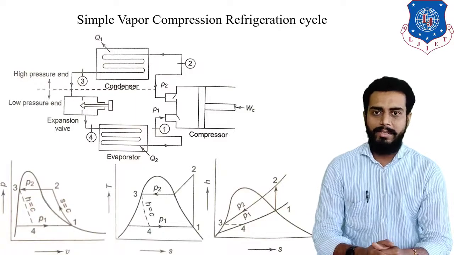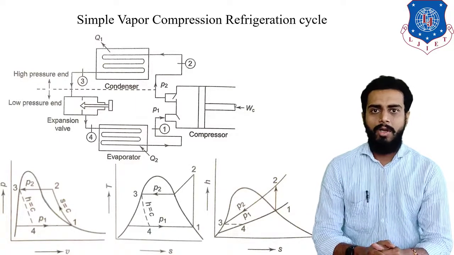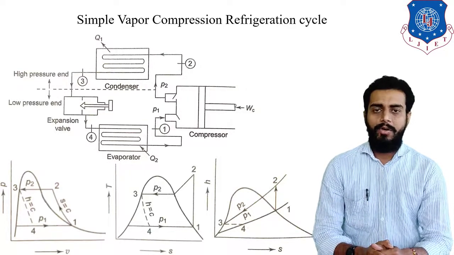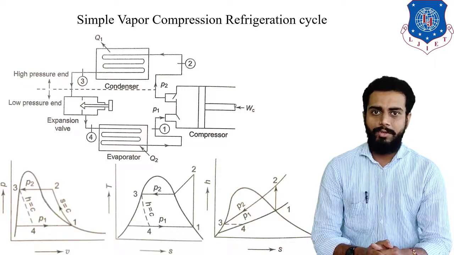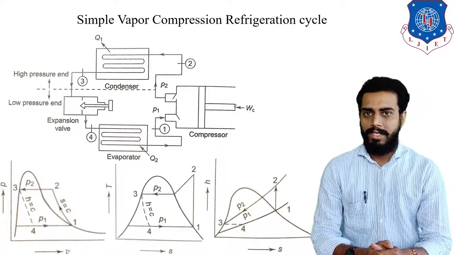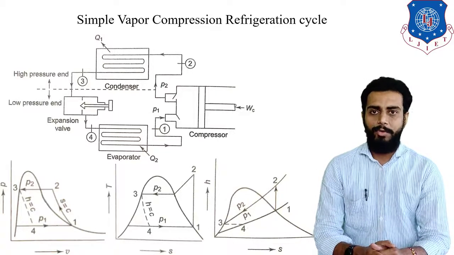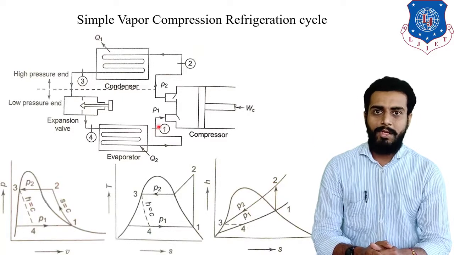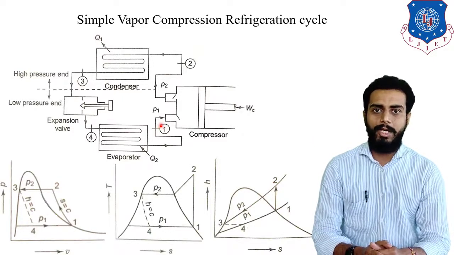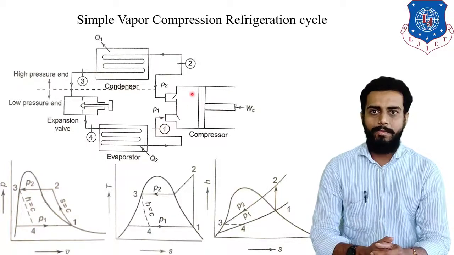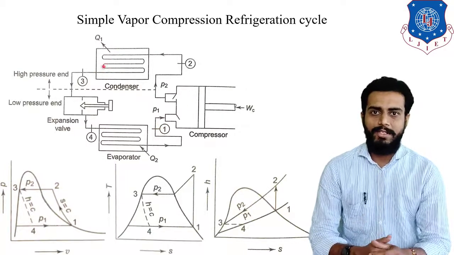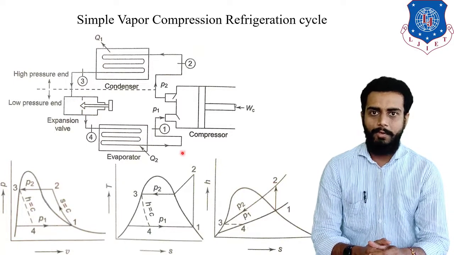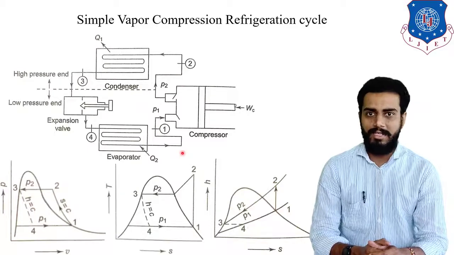As you can see on the screen, a typical block diagram of all components of the refrigeration cycle is shown over here. Also, we have shown PV, TS and HS diagrams on the screen. Let us identify the components first. We will start from point number 1 in the block diagram. Starting from point number 1, the first component is the compressor, followed by the condenser, followed by the expansion valve, followed by the evaporator. So these are the basic 4 components for any typical simple vapor compression refrigeration cycle.